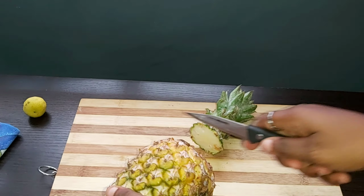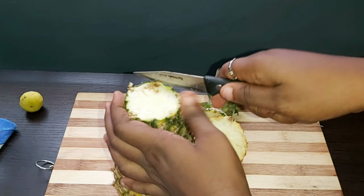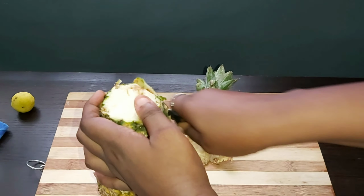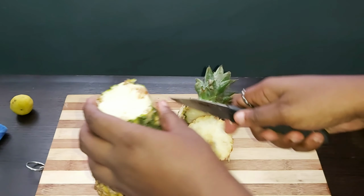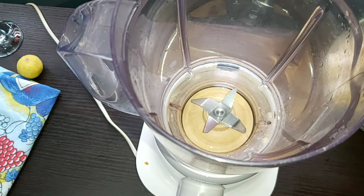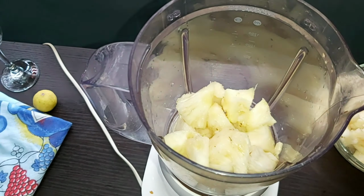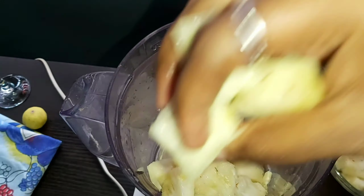So now I'll start by peeling off the back of my pineapple. Few people love to use the back as well by making their own pineapple juice, depending on your preference, but for me, I'll stick to the sauce. So after that, I will chop my pineapple into tiny bits, wash it with clean water, and now I'm adding